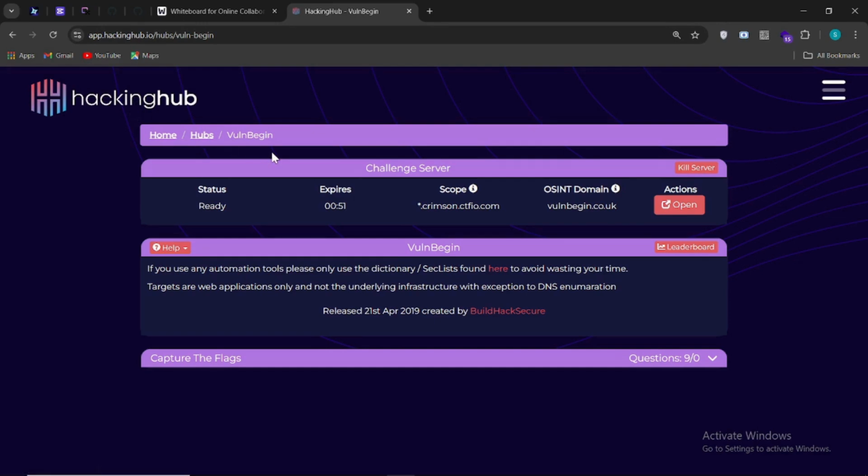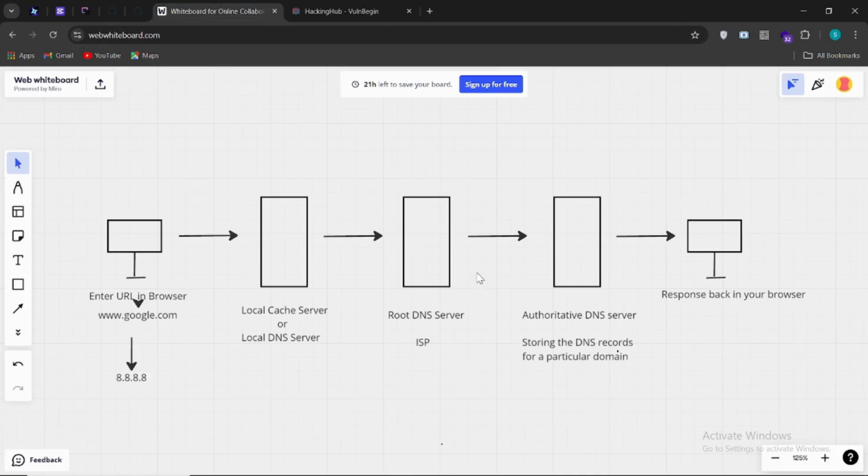Now, what is DNS? DNS, the full form is Domain Name Server, and it helps to resolve from IP to a domain name. As I am explaining on my whiteboard, if you enter some URL in your browser like www.google.com, then your DNS resolver will resolve this name to this IP, I mean Google's public IP,